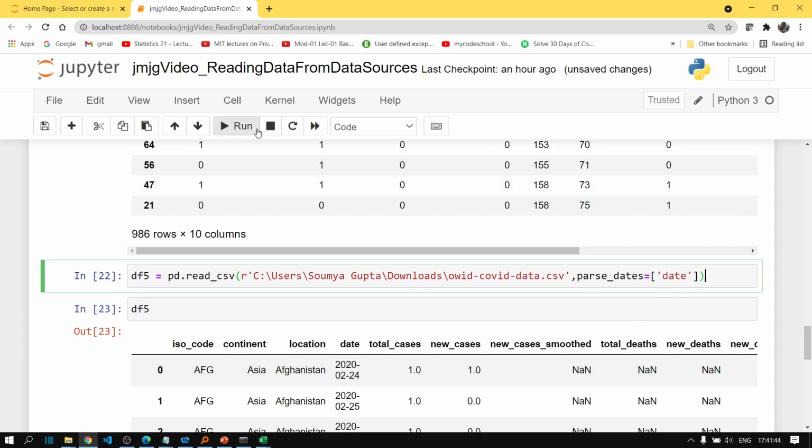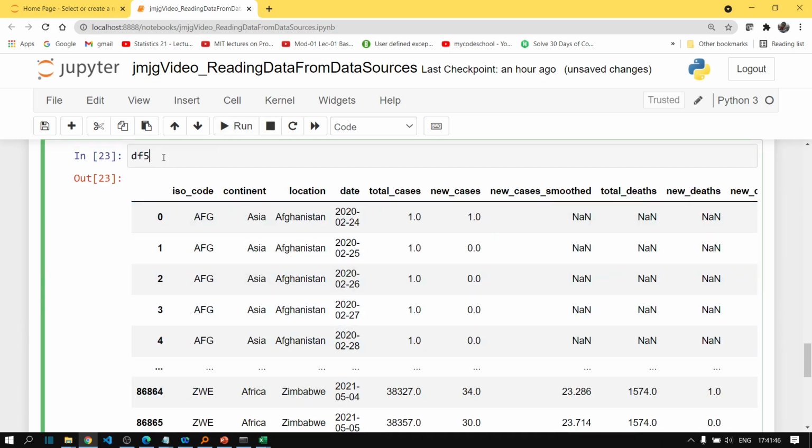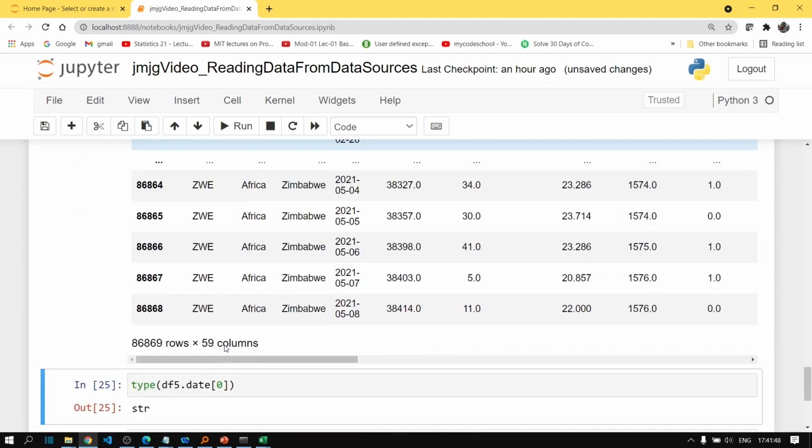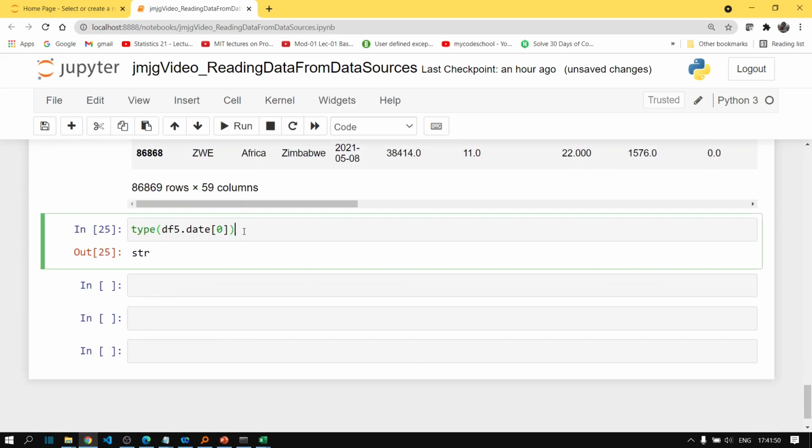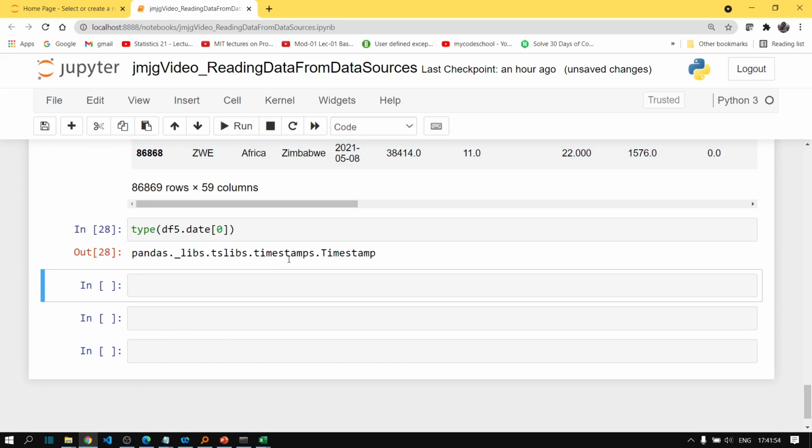Let's run this cell once again. Let's print the data frame, and if you rerun this cell, you can see it gives us pandas._libs.tslibs.timestamps.Timestamp. So it's basically a timestamp column.